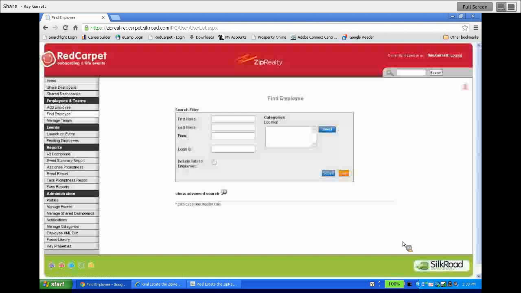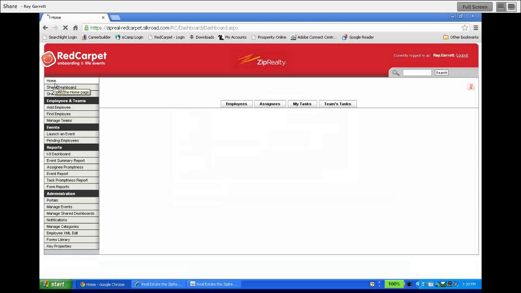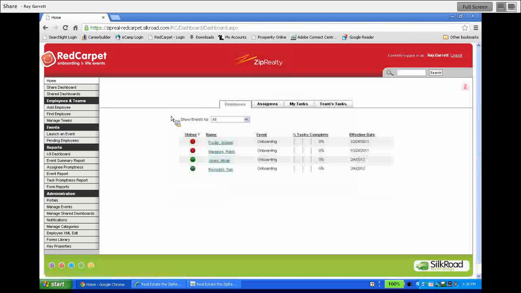Now see, when it does that, for whatever reason, it dumps me out to find an employee field. So I'm just going to go back to the home screen and I'll see my new candidate has been entered right there. Now as they continue to fill out the paperwork, you will see what percentage they are completed. If it just so happens that one day that you scheduled them to set up paperwork and they got 50% of the way done but they didn't complete it, you might want to contact them the next day saying,